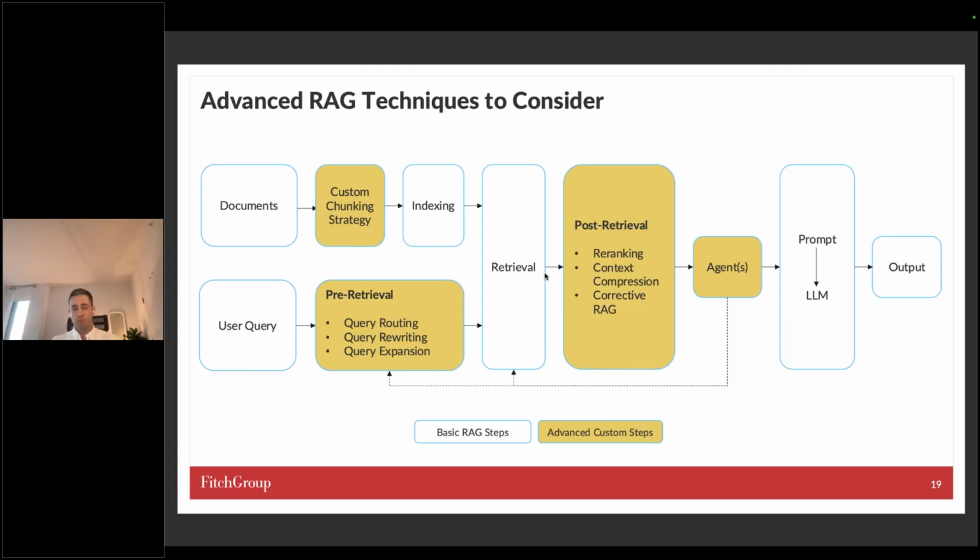Again, the retriever, you need that for every single RAG pipeline. But in pre-retrieval, when you're dealing at the scale of documents that we have at Fitch, we have in some databases, we have hundreds of millions of chunks. If you want to have a performant response to your user query, you need to narrow down the knowledge base and the search space. You can't necessarily search on hundreds of millions of chunks at the same time and expect to get an answer back in 2 or 3 seconds.